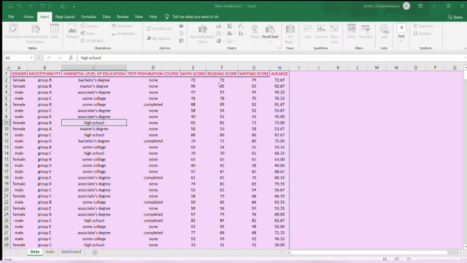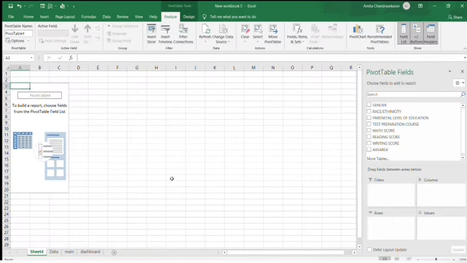Now when you click on the pivot table, it will ask you two questions. One is to select the source data. Here the highlighted ends are the selected source data. Secondly, it will ask where you want to paste it, a new or existing worksheet. We will select new worksheet and click OK.